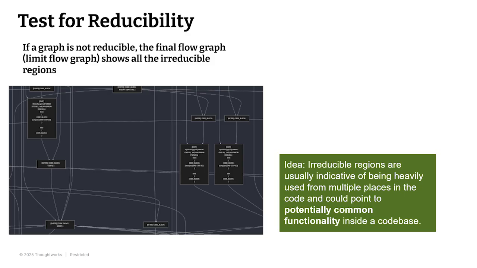It might end up in a common library, or it might be a very often used part of the program itself. So that's another example of how reducibility can give you hints about the program structure, even if you know nothing about the program logic,